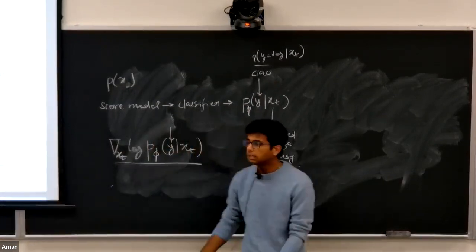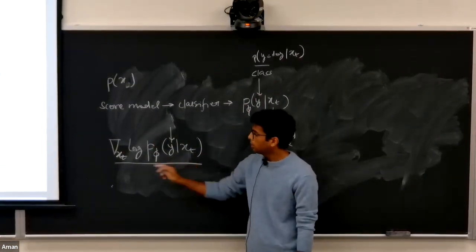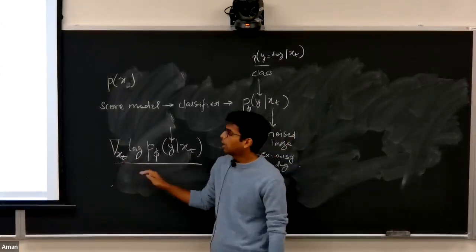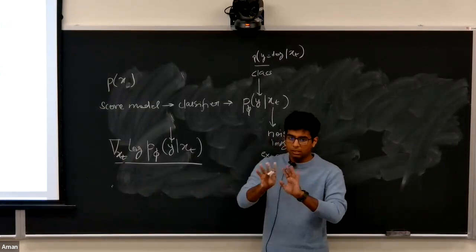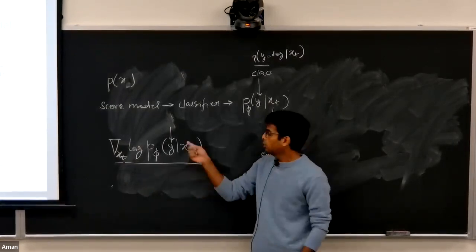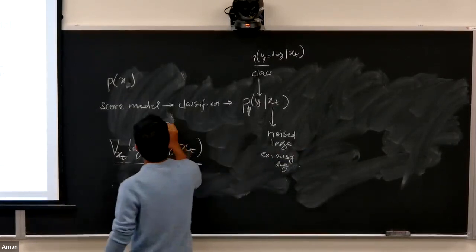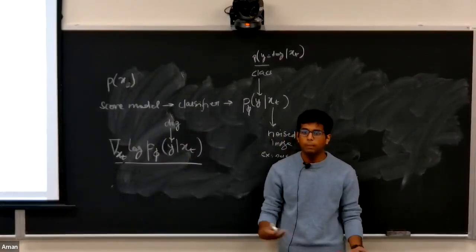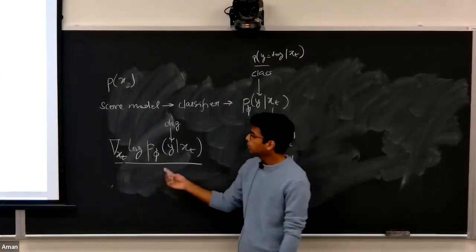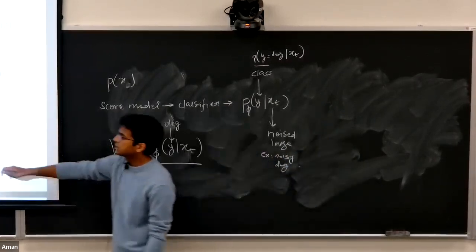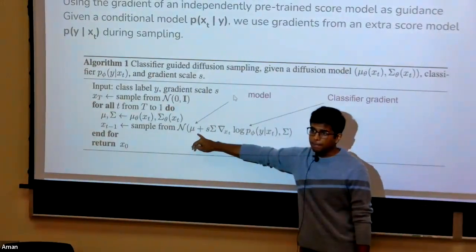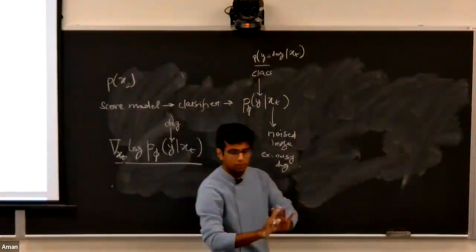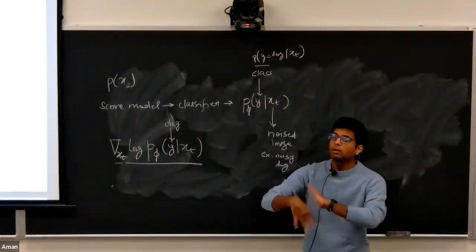That makes sense, right? It's just the gradient of this probability model with respect to the image space, the image pixels themselves. So it essentially is just how much the pixels need to change in the image for this image to be, let's say, a dog. When you're sampling from this kind of a model, you can just shift the pixels that you sample from the model by this amount. And that would automatically push your image towards a direction where it resembles the class more,